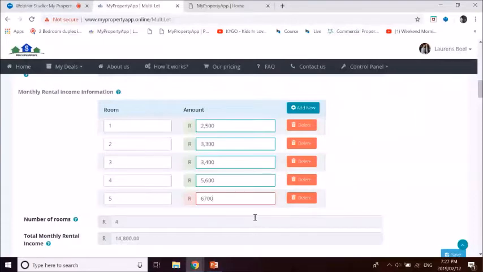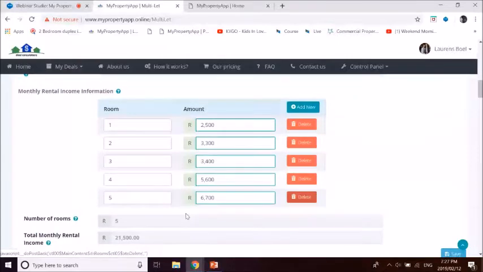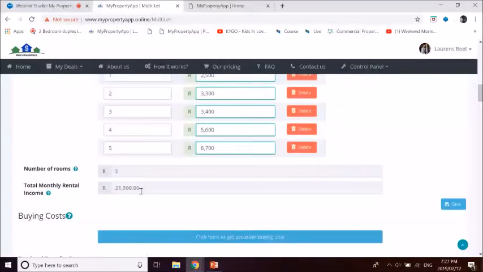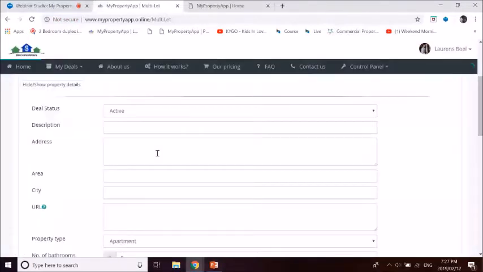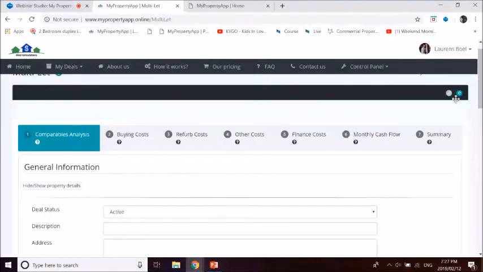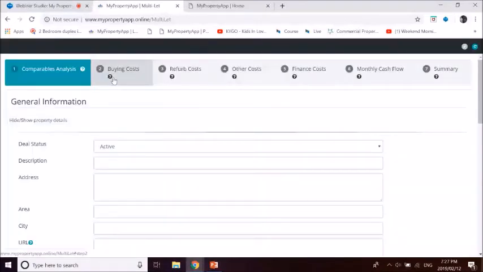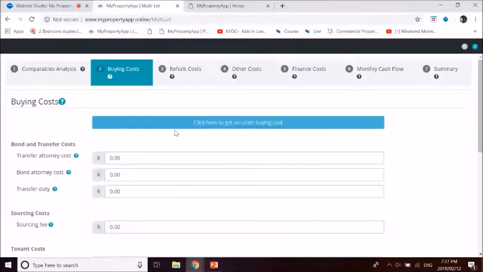So based on the consultations you've had with your builder, you can then determine what your refurb cost would be. Another thing at the bottom is a contingency factor, and I put it at the bottom just because building always runs over budget and over time, so it's important that you put some fat in the deal. Right, you can go to other costs. As I mentioned, these are costs that aren't necessarily very common. Things like evictions, holding costs, etc. So you can put some figures in here if you feel that there is a need for it.